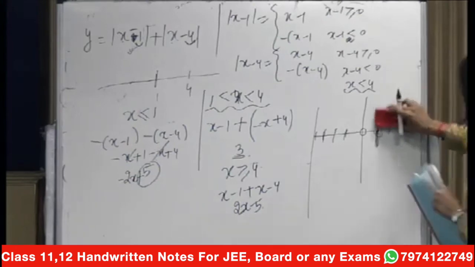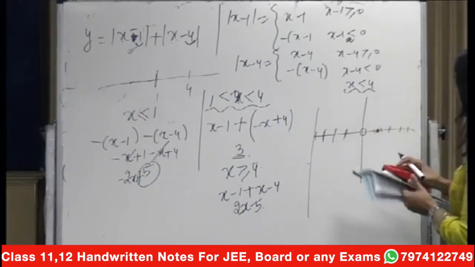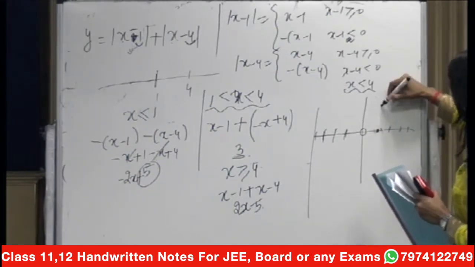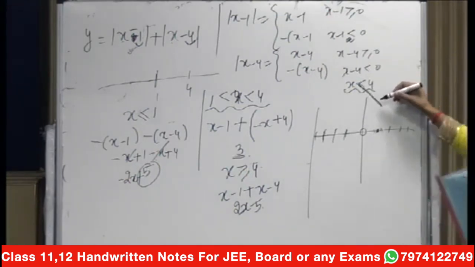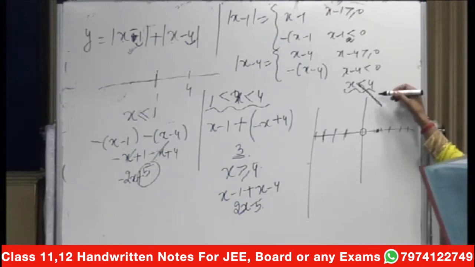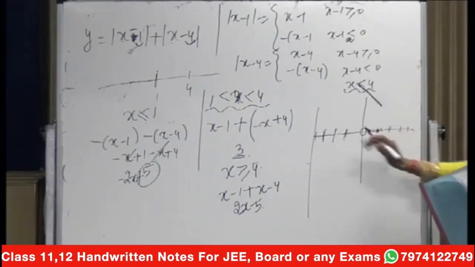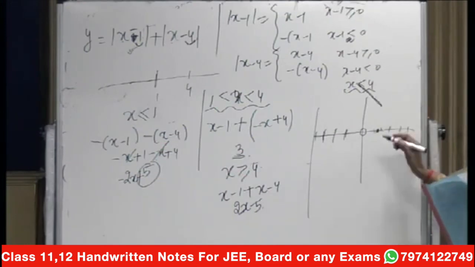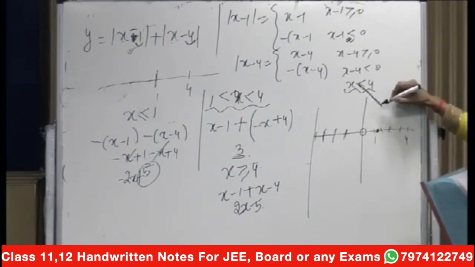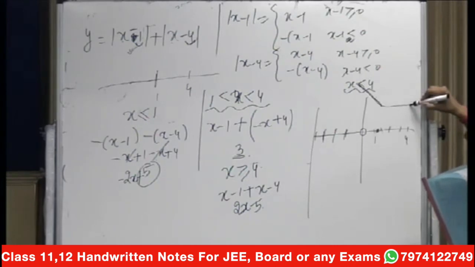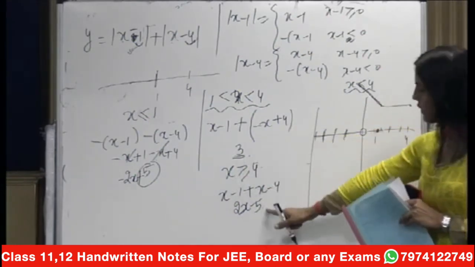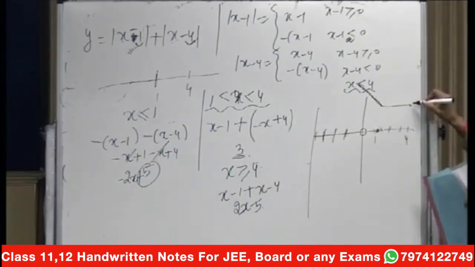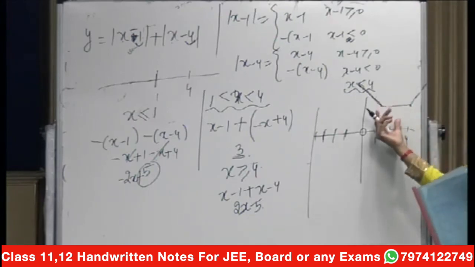So at 1 it is 3, and then for smaller values it is a straight line. You know now how to draw a straight line. Any 2 points you can take and draw the straight line. It will look like this. Now for values between 1 and 4, this is basically 1 and this is 4. So it is 3 only. Is it fine? 3 only. And then again a straight line, and it will be this. You know now how to draw it?